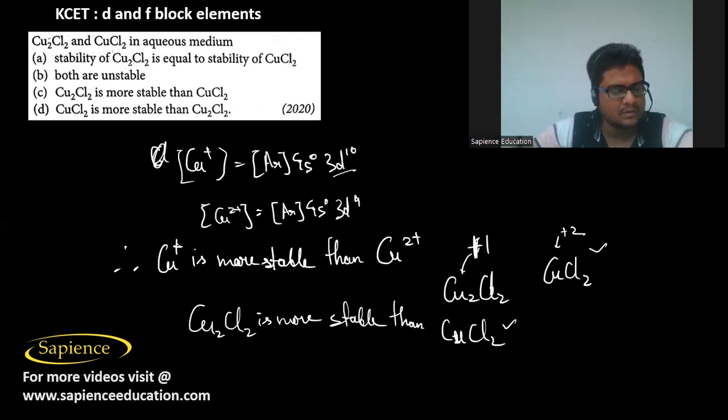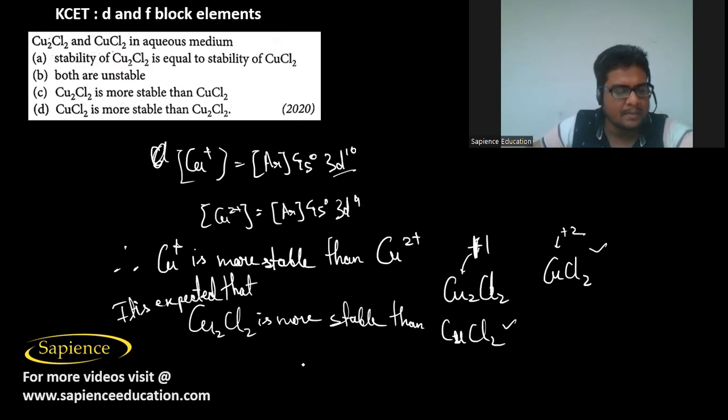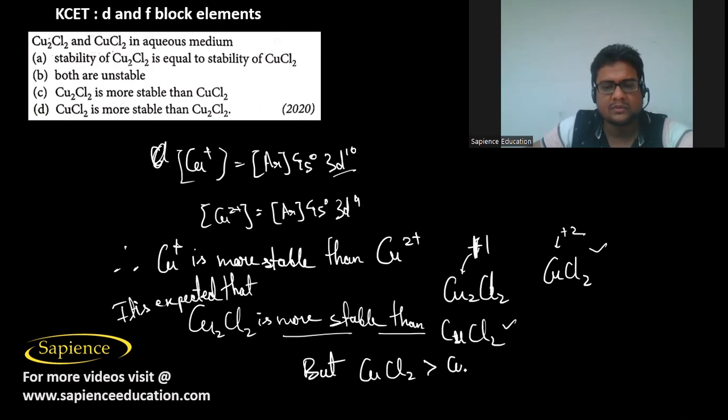So it is actually expected that Cu2Cl2 is more stable. But here there is one exception, that CuCl2 is more stable than Cu2Cl2,